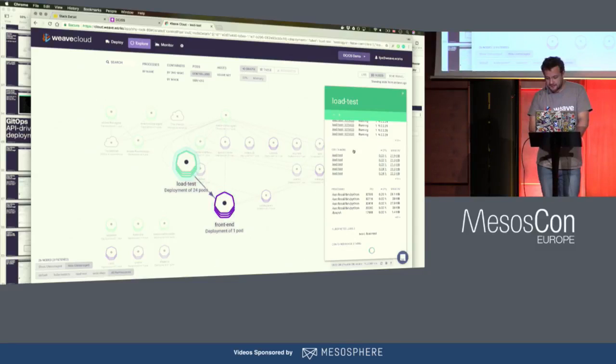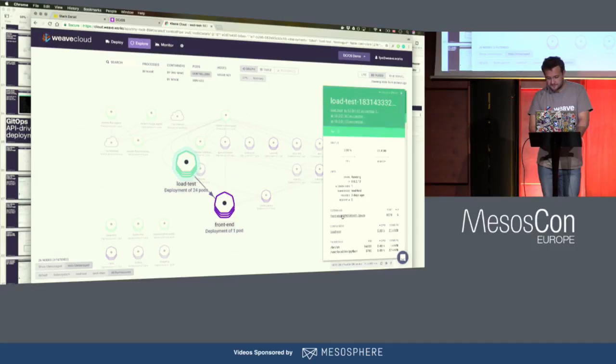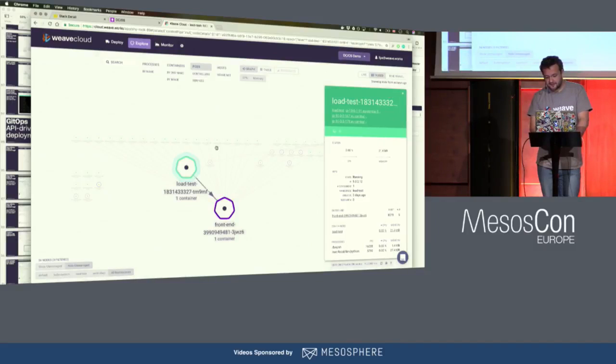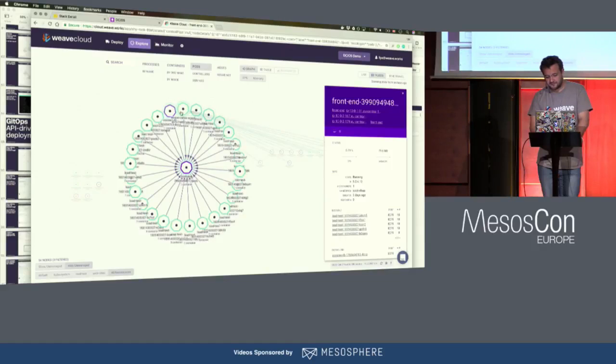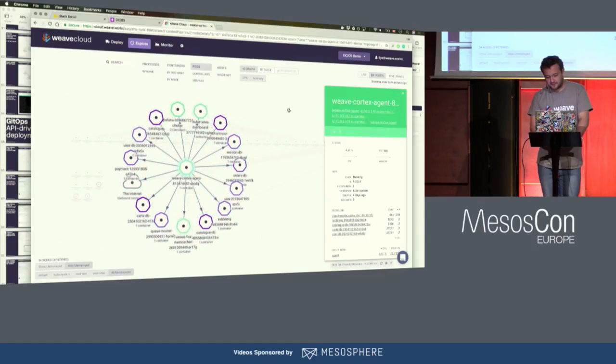Let me take a look at some of these pods. So for example, I can go to this pod, and I can look at this pod in pods view. If I drop out, I see that there are all these pods here. I select front end. I can see all the pods that talk to it.